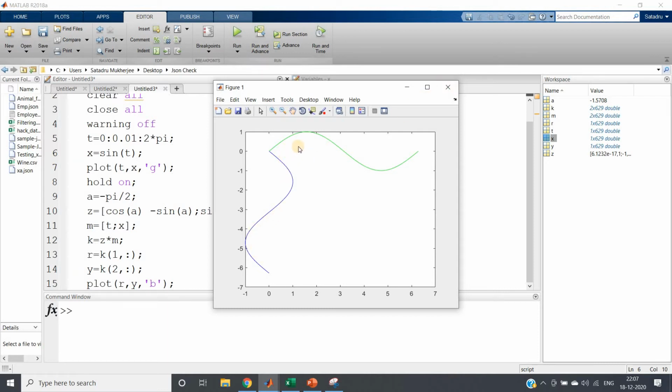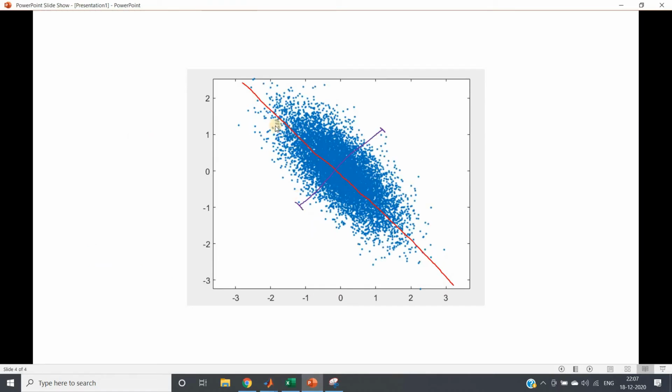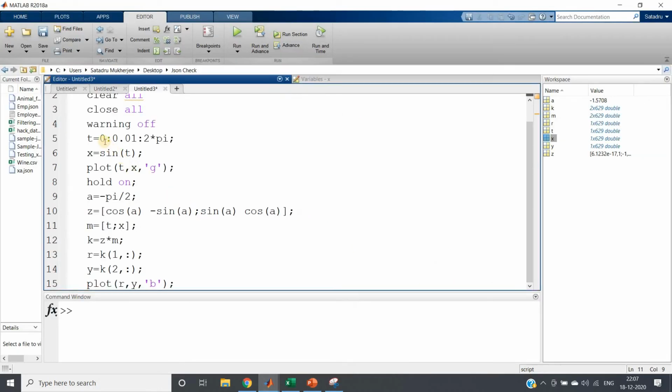Now instead of rotating a sine signal, what we will do? We will try to rotate one oval shape or elliptical shape distribution which is having random numbers like this, and we'll rotate it and generate this kind of data, and then we'll apply principal component analysis on that and we'll try to remove the rotational factor. Okay, right? So I hope the goal is clear.